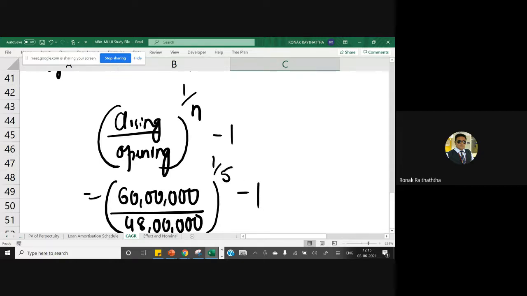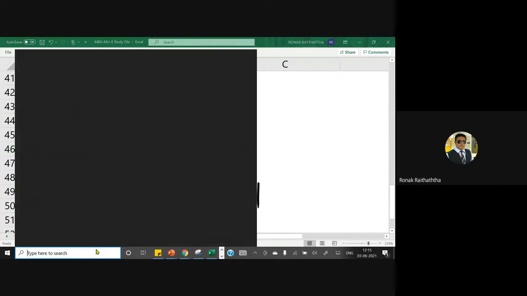Now there is one formula in Excel that starts with RRI. Though it is not a part of this, still I would like to give you. I feel why should my children be deprived of Excel knowledge, they should get it. So there is one function called RRI that gives you the CAGR very straight away without doing anything. Let me use the magnifier so that you get it in a better way.